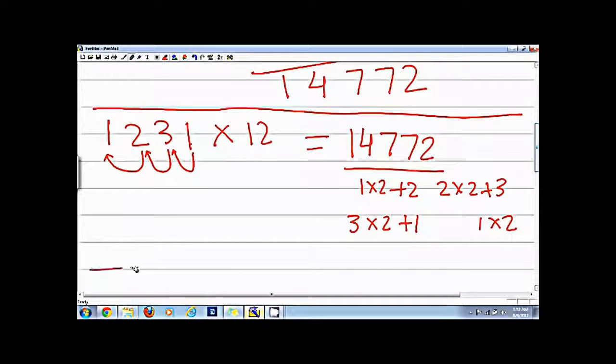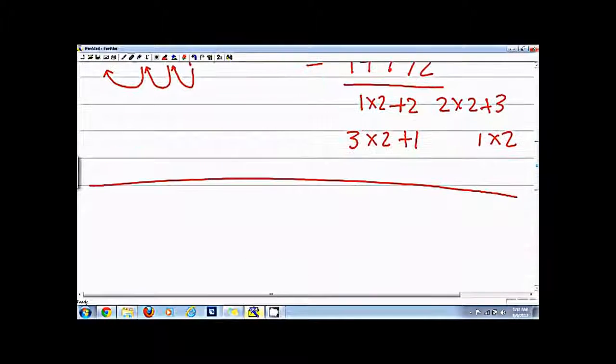So let's take another example. If I have to multiply 1, 2, 1, and we have to multiply it by 12. So in this case, let's do it again. So first I will write 1 here because the first digit is 1,